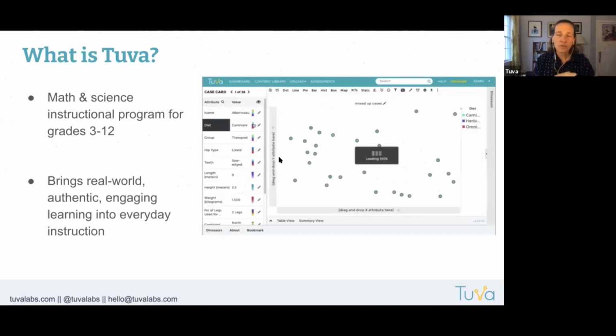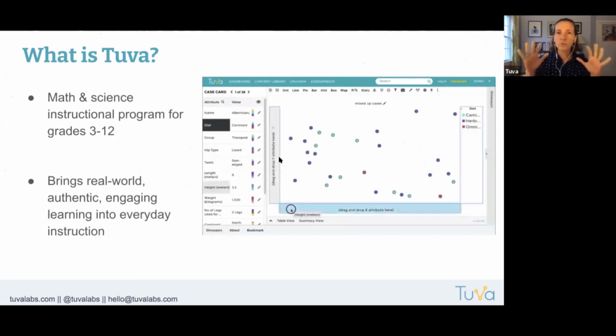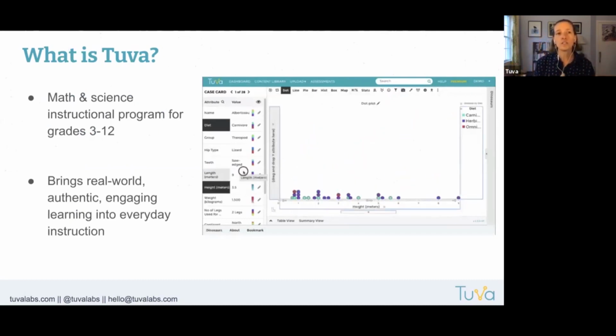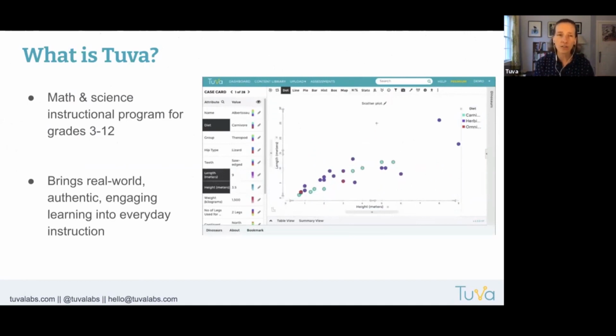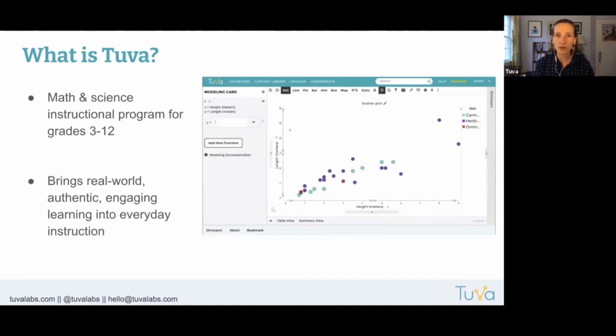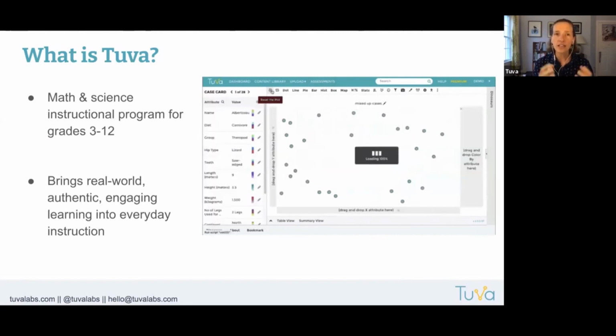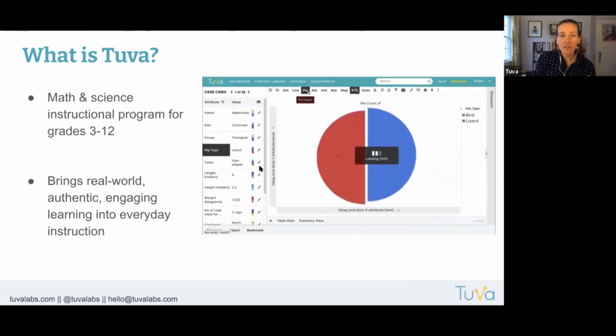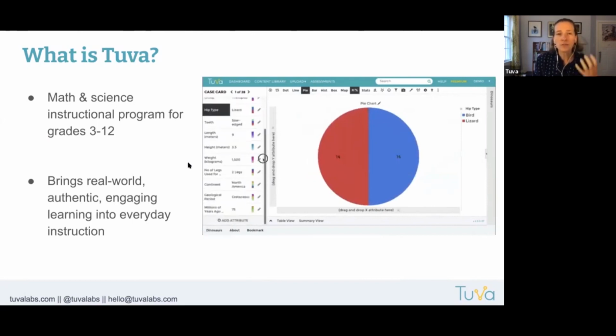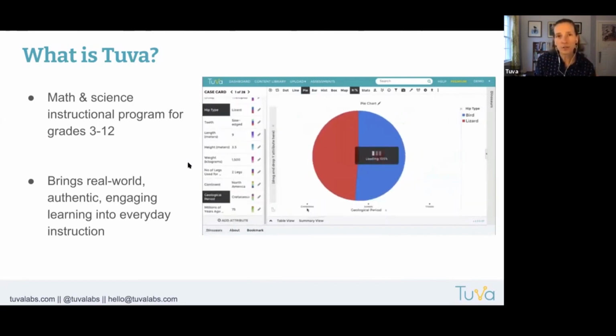So first, we just want to look at the big picture. Where are we going? What is Tuva? It's this awesome math and science instructional program for students in grades 3 through 12 that brings real world, authentic, engaging learning into our everyday instruction by using data. So that's what Tuva is, and we're here to talk about how we can leverage it better in our